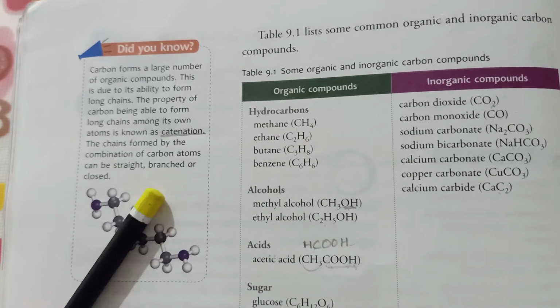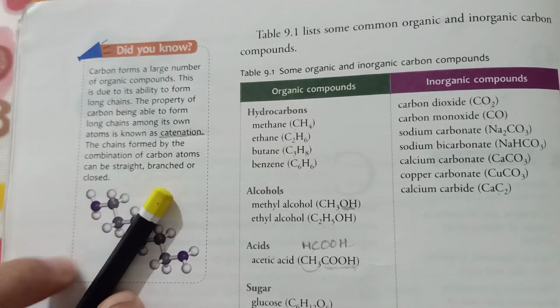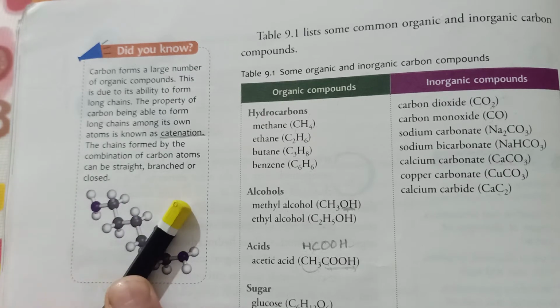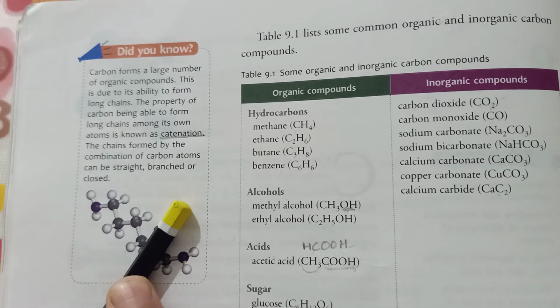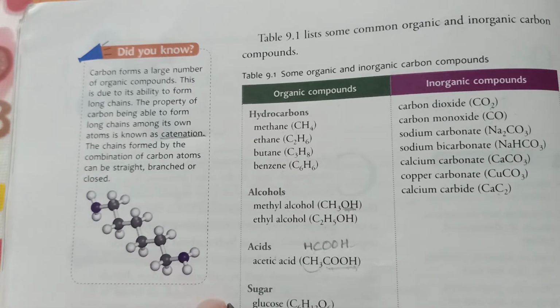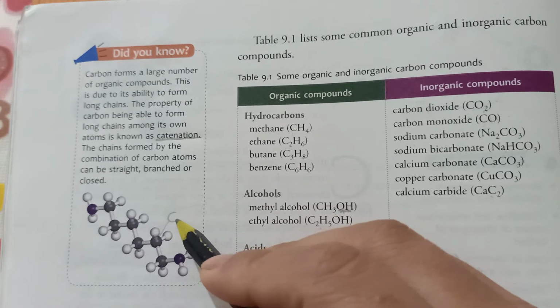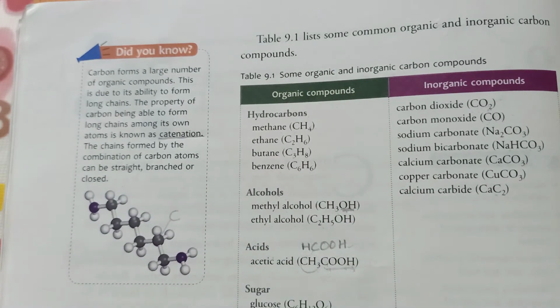If we have only 3 carbon atoms, 1 2 3, this will be one compound. If another carbon comes over here, this will form another compound. If another carbon gets linked, this will be yet another compound. So in this way, this is a straight chain. They can also branch over here, they can also join another carbon over here, so they can form a